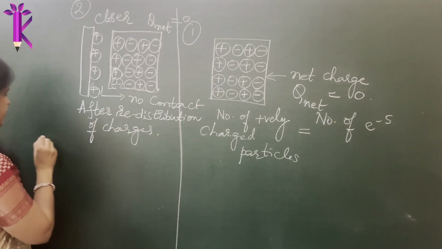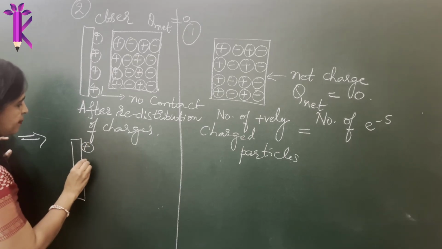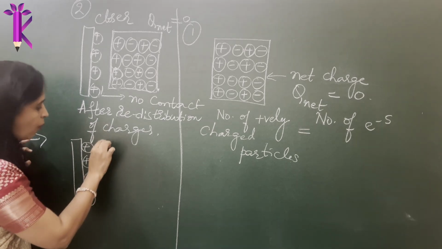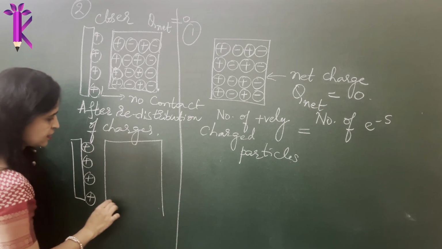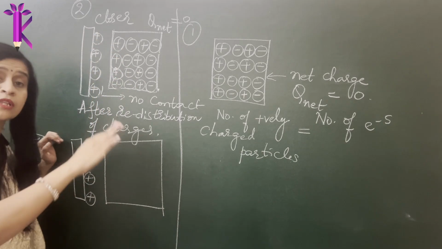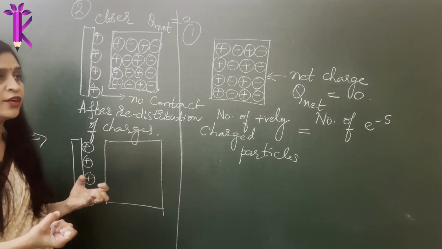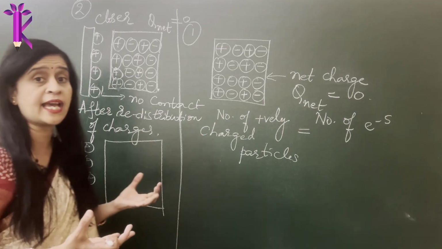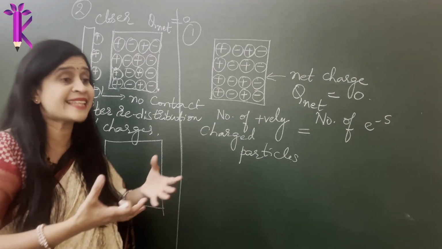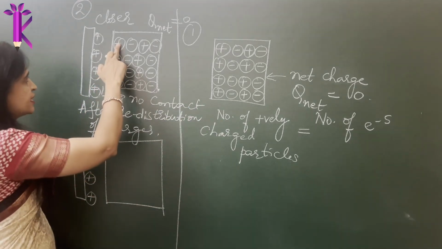We see the result. What is the result? The metal rod is as such. There is no change. Nothing happens on this metal rod, which was already positively charged. So you have this positively charged metal rod. Now what is happening on the surface of this conductor? Since the positive charge was closer to the positive charge on the rod, although it was not in contact, it does experience some invisible force. It gets scared by the presence of another positively charged particle. So practically, it senses that there is some positive charge around it and it starts drifting away from its position.